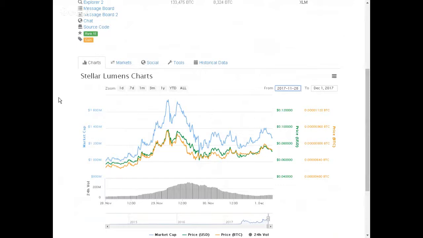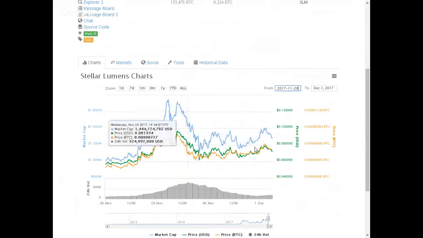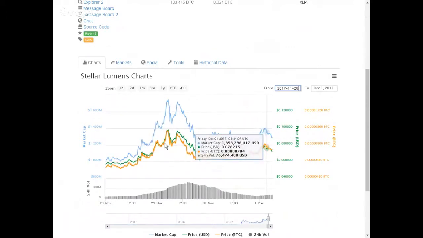I'm looking at Stellar Lumens, and the Bitcoin value seems like it would be worth more, but it's not actually. If you look at the last 3 days, it's not worth as much as it was before. Even though the price of Bitcoin has gone down and Stellar Lumens has gone up, it's really not appealing for me when I look at this chart. I would have much preferred to buy right here. I would have sold my Lumens and got Bitcoins here rather than trying to get my Bitcoins right here.